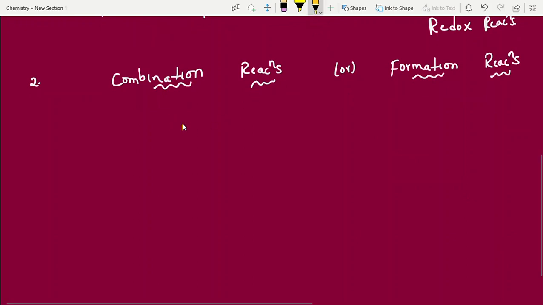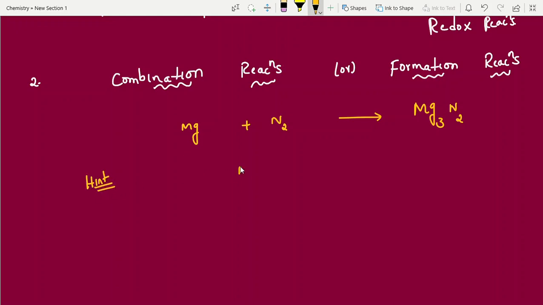This is frequently asked: magnesium plus nitrogen combining. What will you get, students? Mg3N2. Here most of the students get confused, so I am giving a hint on how to write the formula. Magnesium valency 2, nitrogen valency 3. If you know this crisscross method, compound formation is easy. This is Mg3N2. Clear, students? If you know valency and oxidation states, compound formation is easy. Even if you don't know the reaction, after seeing the options we can make a good guess, right? So here 2, this is 3.